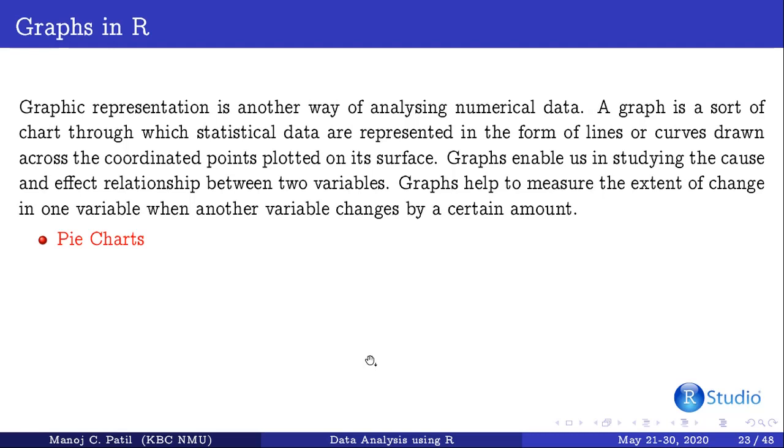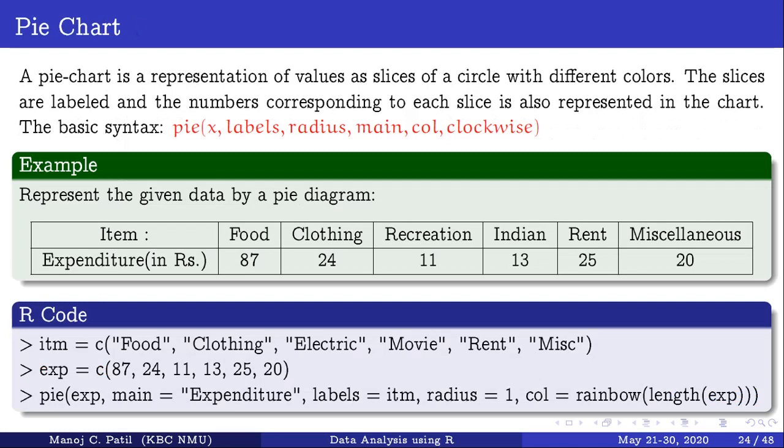Okay, there are various graphs available in R. Out of them, I am going to focus mainly on five charts. First one is a pie chart. Second one is a bar chart. Third one is a box plot. Fourth, histogram, and last one is scatter plot. Okay. Moving towards the pie chart, a pie chart is a representation of values as slices of a circle like a pizza,